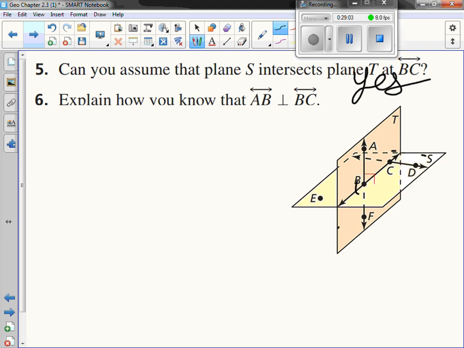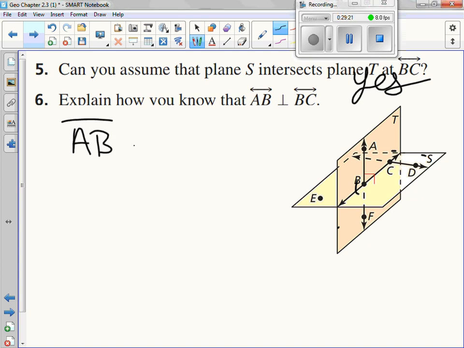Now, the last postulate that we covered, a line is perpendicular to a plane if and only if, what? It is perpendicular to every line on that plane. So exactly right. Because it's perpendicular to the plane,